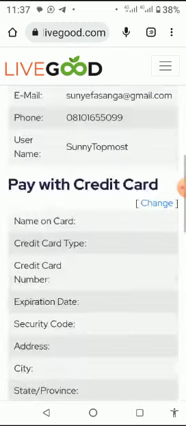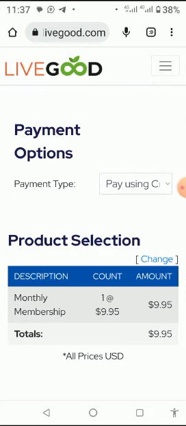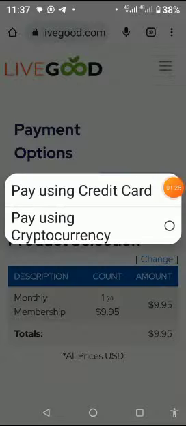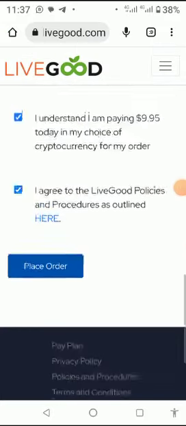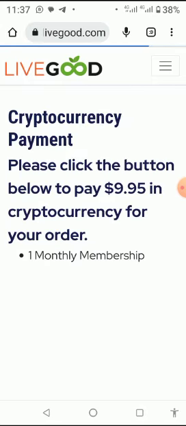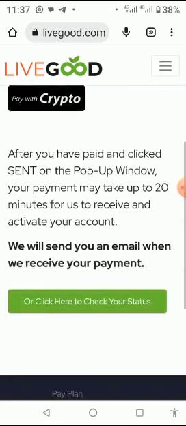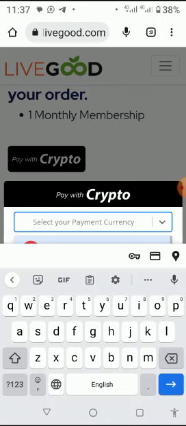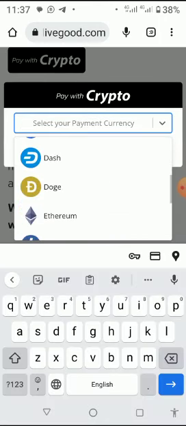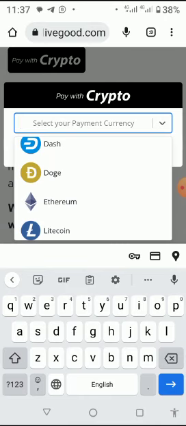Remember, you must click on Pay with crypto. So I come back here and click on Pay with crypto. Once you click on Pay with crypto, I need to go down and click this. So I click on Pay with. Then you choose the crypto that you want, and it gives you all the options. So normally most of us go for